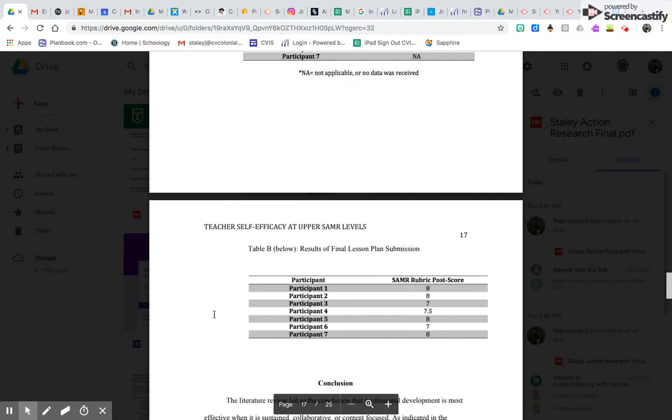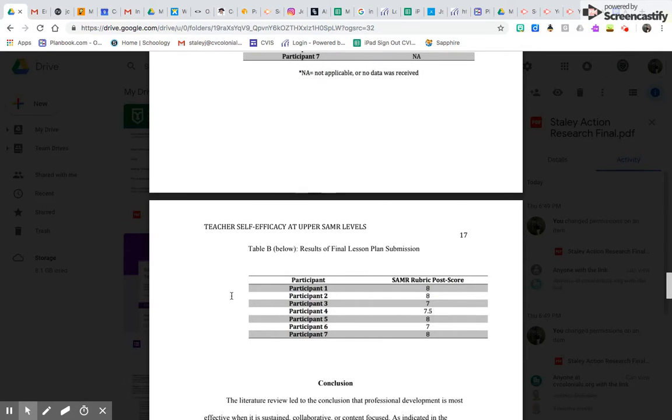Now, if we look at the final lesson plan submission, which is down towards the bottom of the screen, you'll notice that all participants turned in lessons and activities, which really isn't surprising because of the way that we set up the professional development. We all walked away with 11 activities that we were able to use in the coming weeks.